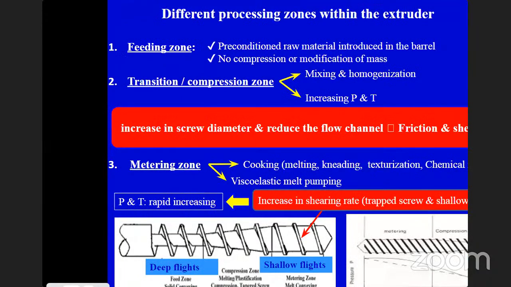Now let's go into the details of extrusion cooking, as it is the most used technique in the production